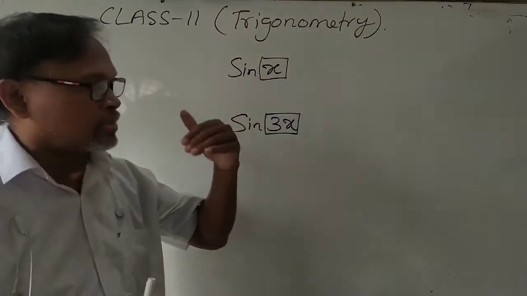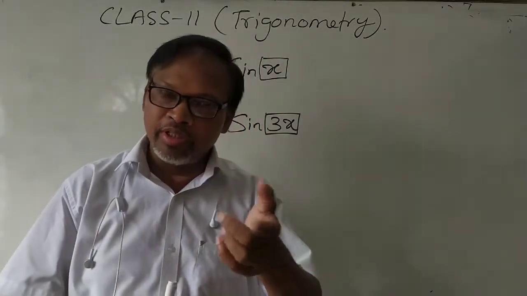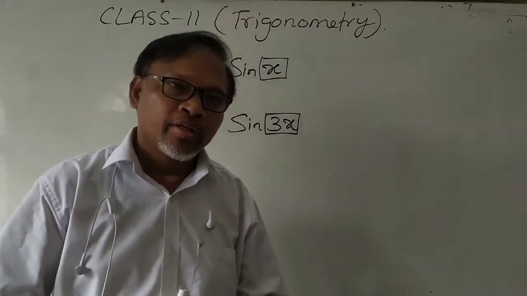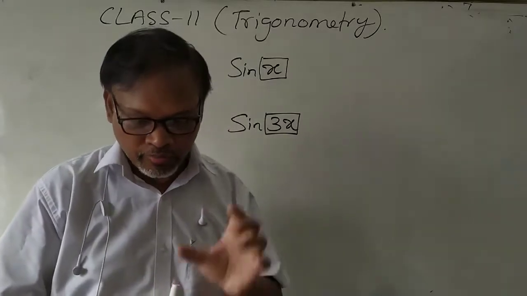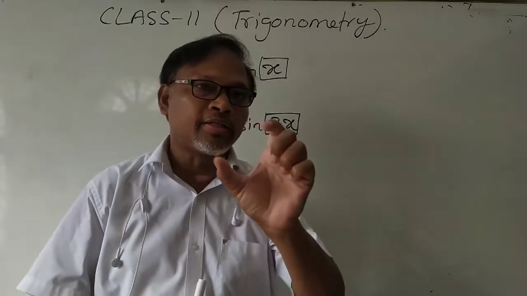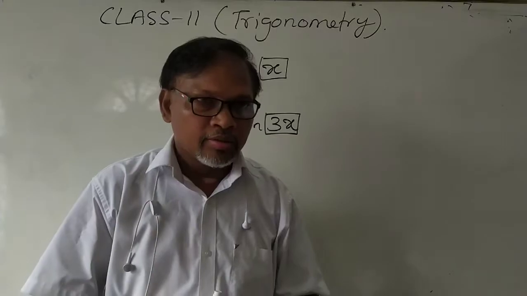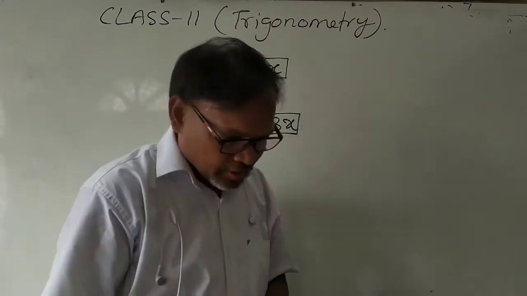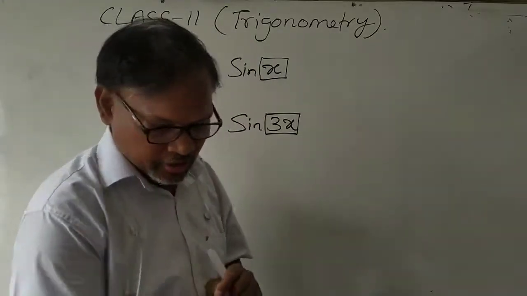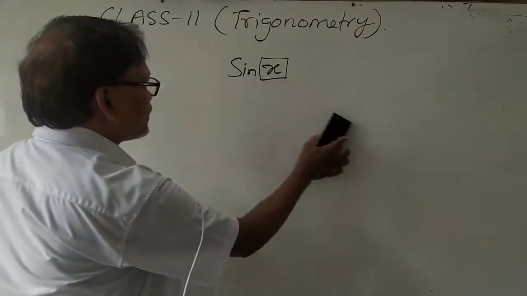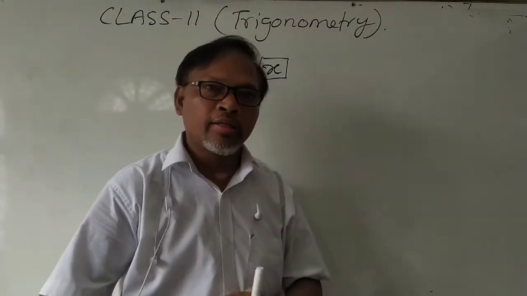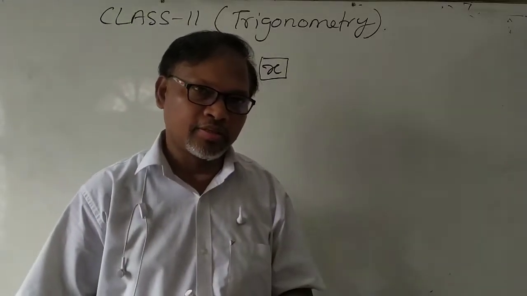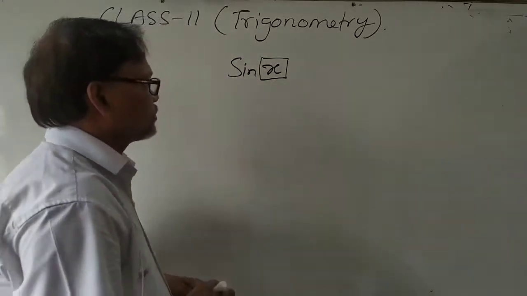Suppose x is equal to pi by 2, so sin pi by 2 is equal to, x is equal to 0, so sin 0 is equal to, x is equal to pi by 4, so sin pi by 4 is equal to. These are the different values at different x. So how to find the domain? In the sine function, x is all real numbers, meaning we can put any value, x is equal to all real values.